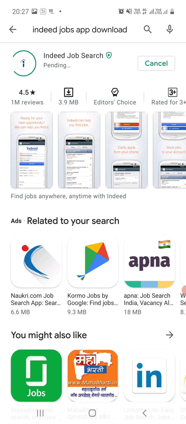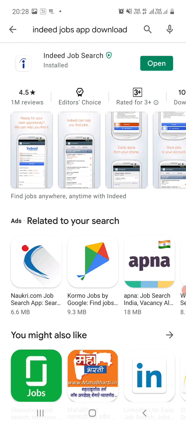After installation of this application, you have to do some normal settings like in other apps, whether it is your mail ID or name and other details that you fill up. In the same way, after installation of this Indeed Job Search app, you have to do such things here, and then as per your desirable job you can search these jobs in the app.